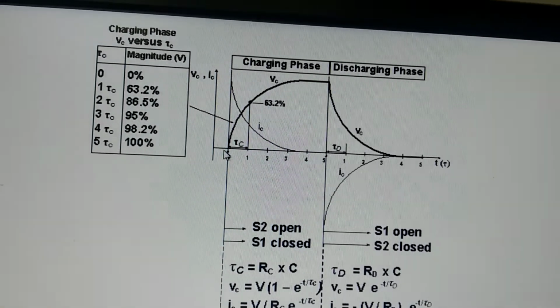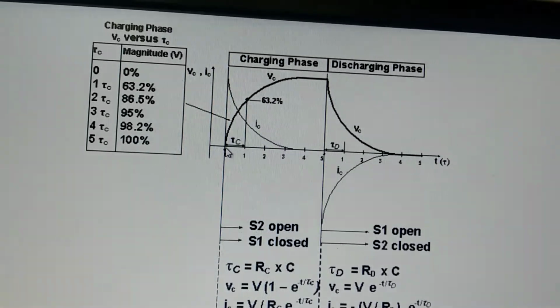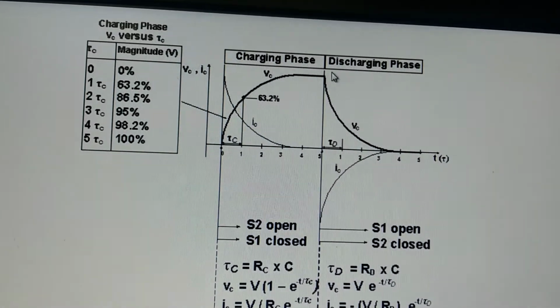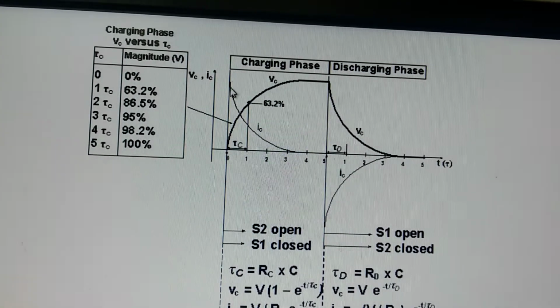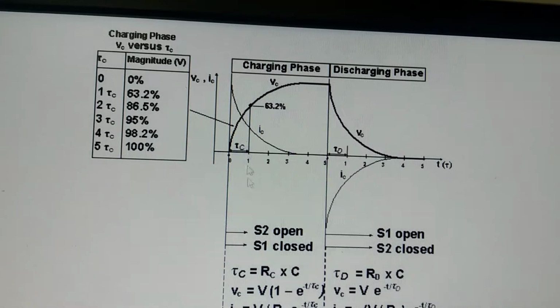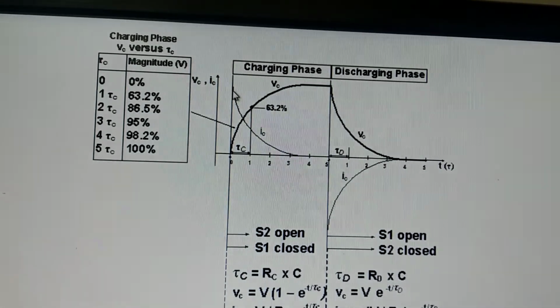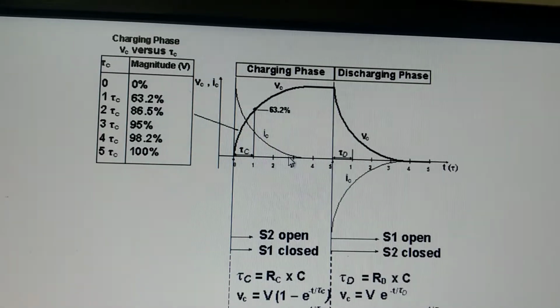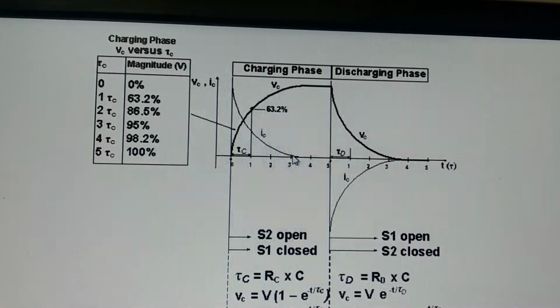During charge, at time t equal to 0, it starts charging. This is a voltage curve which moves from 0 to Vc. Vc means it is fully charged. And the current will be exactly opposite to that of the voltage. This is the maximum current which could be delivered by a capacitor, and it goes on decreasing. It will be 0 when it is fully discharged.